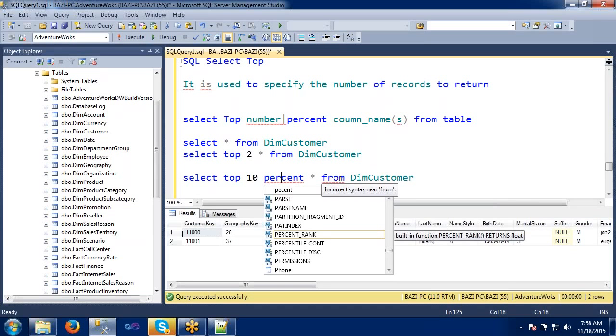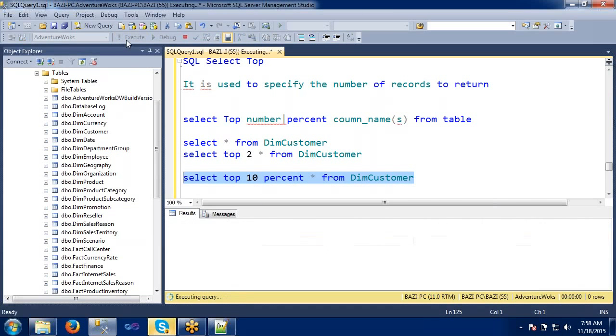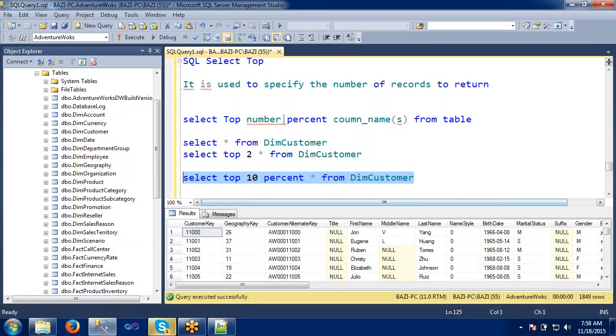So I'm applying now the percent. If you observe this 10 percentage, let's say I'm having around 18,000 records. In that, only the top 10% of records I'm getting. So this is also another approach, but mostly useful is we will give the number only. Percentage generally nobody will use, but still I'm just giving the idea about how we can achieve it this way also. Means in the 18,000 records, 10% means some 1800 records.